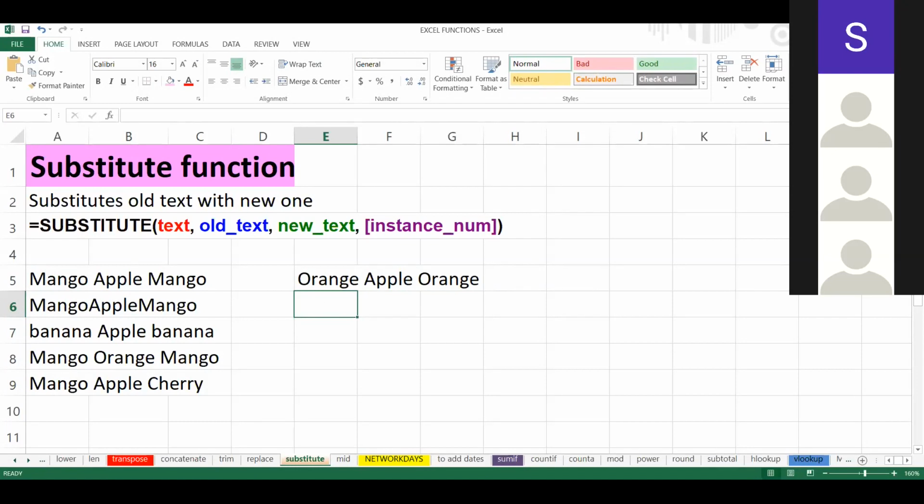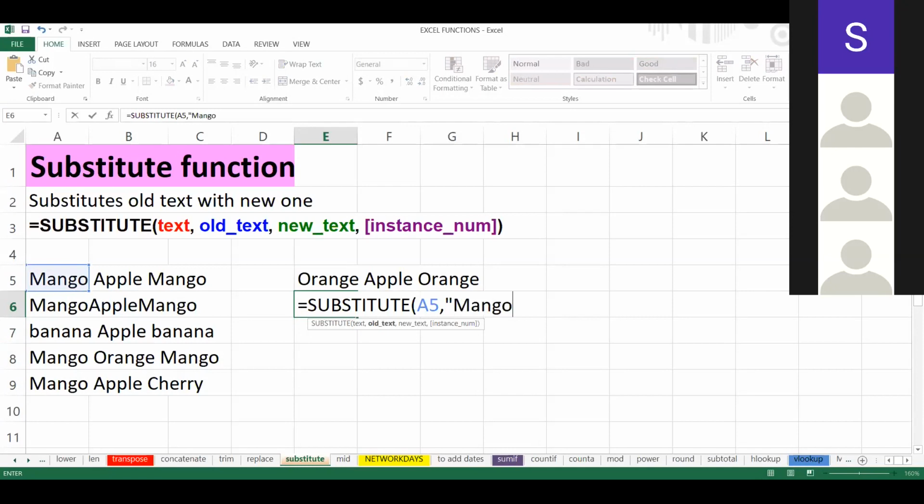If you want to change a particular instance, you will give SUBSTITUTE. You can press tab to finish, you don't need to write the whole function. Text, this, comma, old text, mango, change it with apple, comma, you can give the instance number, that is 2.